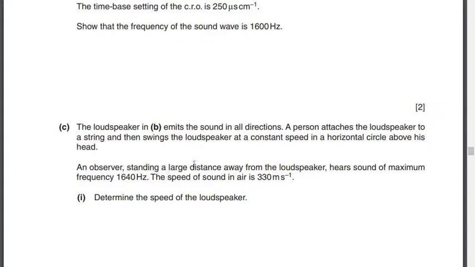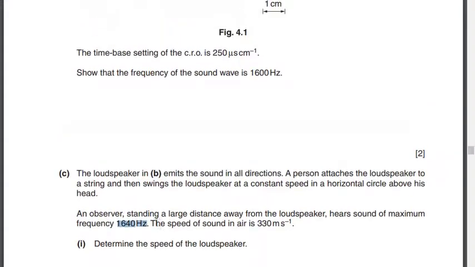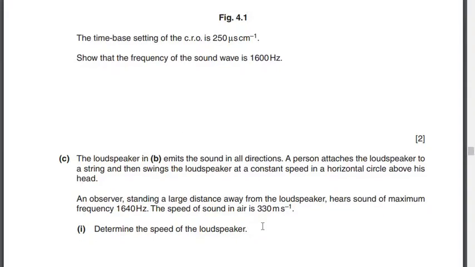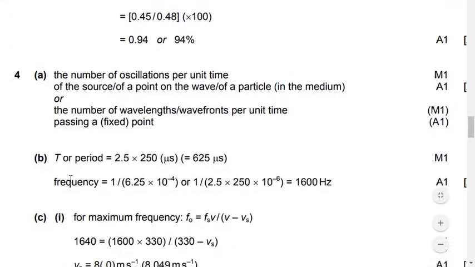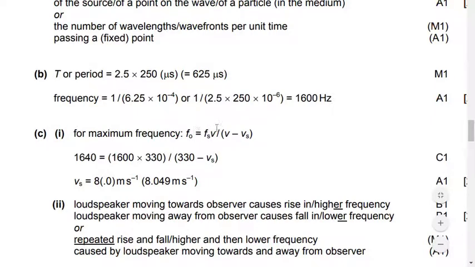An observer standing a large distance away from the loudspeaker hears a sound of maximum frequency 1640. ঠিক আছে? Speed of sound 330. So speed of the loudspeaker, done. এটা কী হবে? 1640 is your observed frequency. Source frequency is 1600. ঠিক আছে? V is going to be 330. You just solve for VS. তাই না? Easy question. So তুমি যদি এখানে ক্যালকুলেশনটা করো, এই যে দেখো f naught is equal to fsv divided by v minus